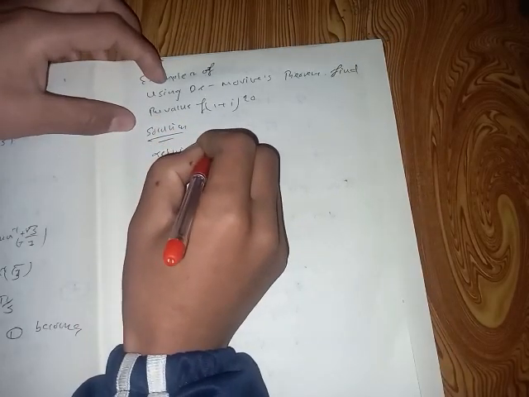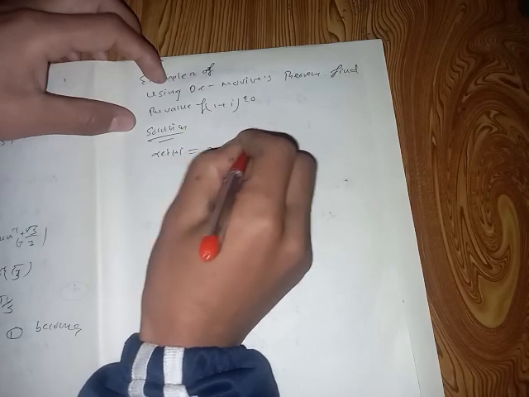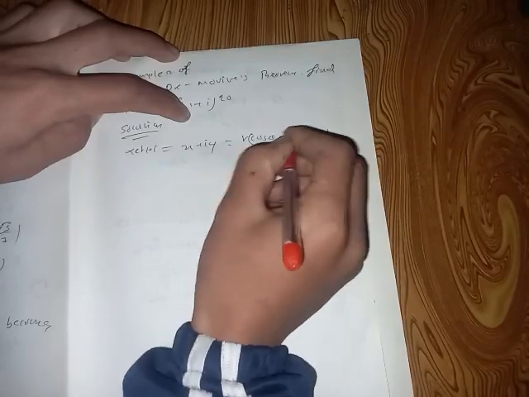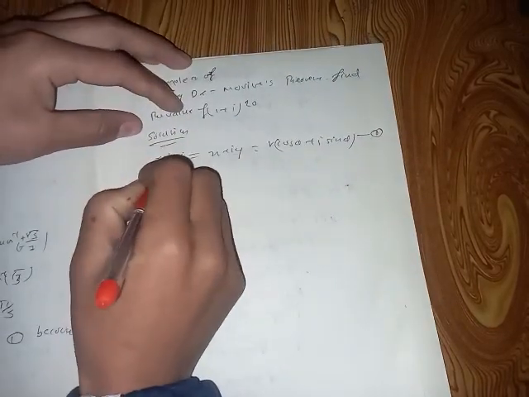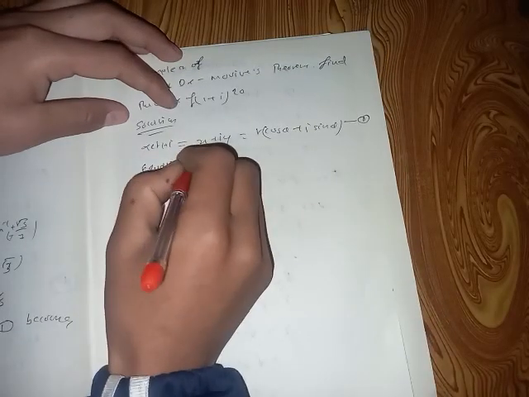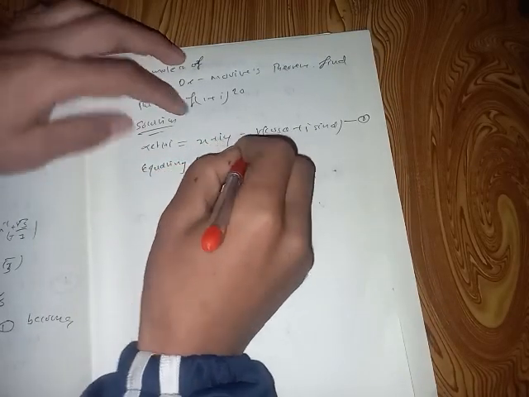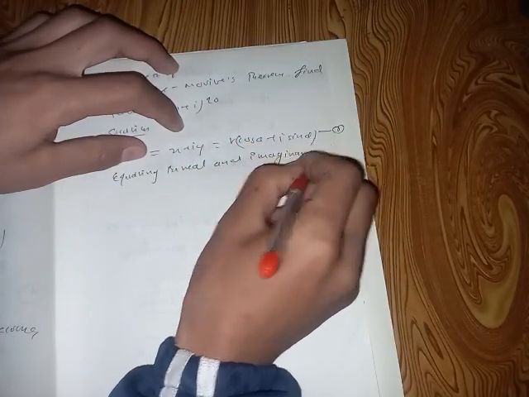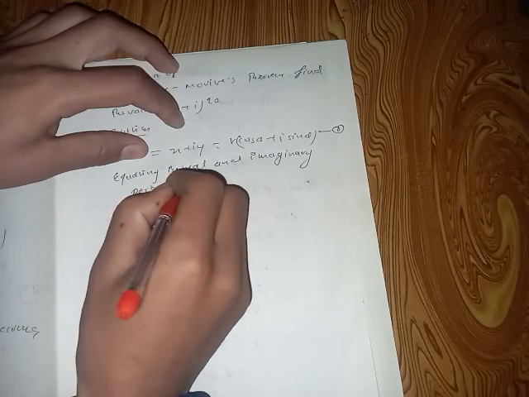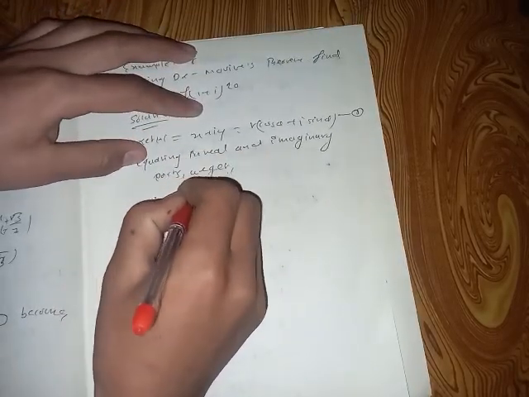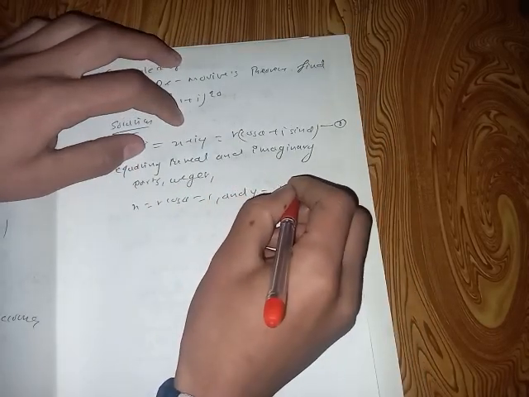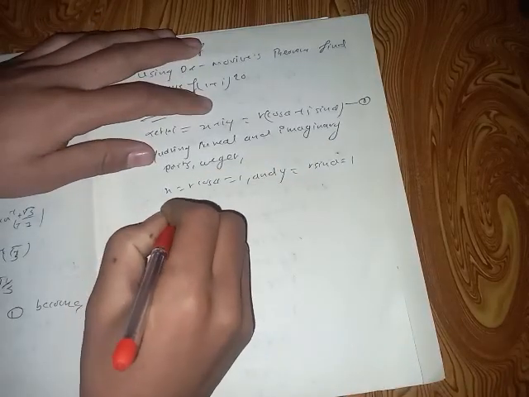let 1 plus i be compared with x plus iy, so that r cos theta plus i sin theta, equation 1. Equating the real and imaginary parts, we get x is equal to r cos theta is equal to 1, and y is equal to r sin theta is equal to 1. Then using the formula r is equal to under root x square plus y square,